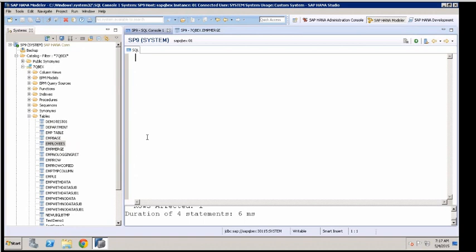Now let's say my table is not loaded into main memory. It's on disk, and you're trying to run a query or a report. Since it does not find the table in the main memory, let's say the table has 100 columns, but you're running the report with only 3 columns. It goes to the disk, reads data for those 3 columns, loads only those 3 columns, and then gets it to the report.